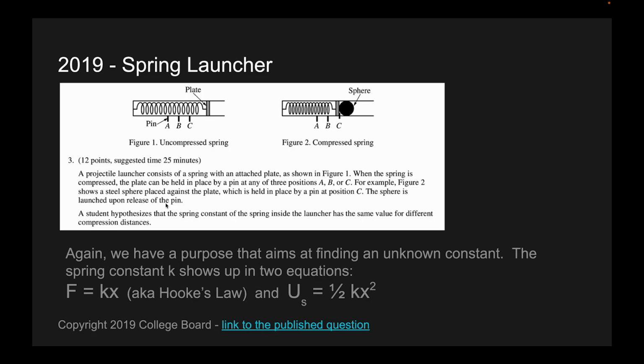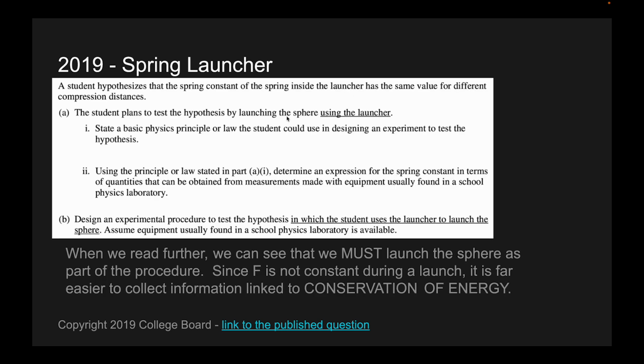So we have a spring launcher, and they're telling us to find an unknown constant again, and there's 2 equations that go to this k. F equals kx, or spring potential equals 1/2 kx squared. But then they very clearly specify they want us to launch this ball, launch the sphere using the launcher, in which the student uses the launcher. And so we must launch the sphere,